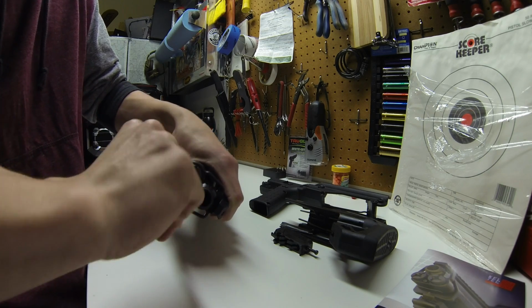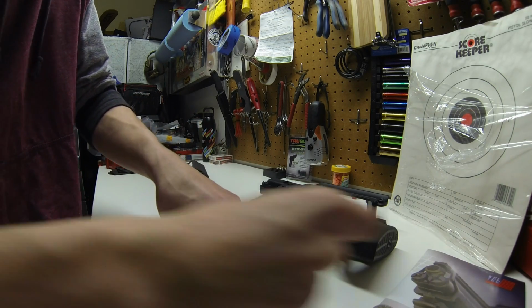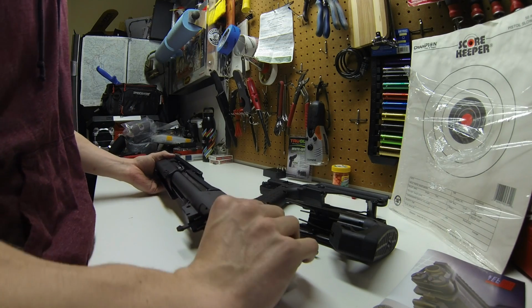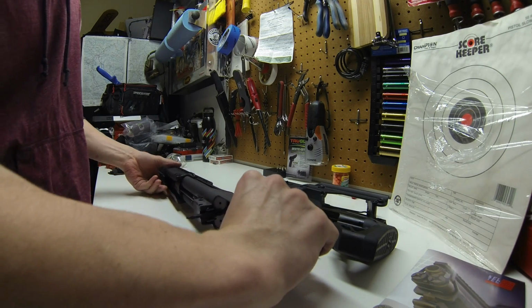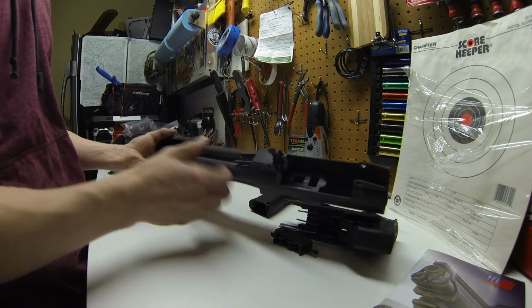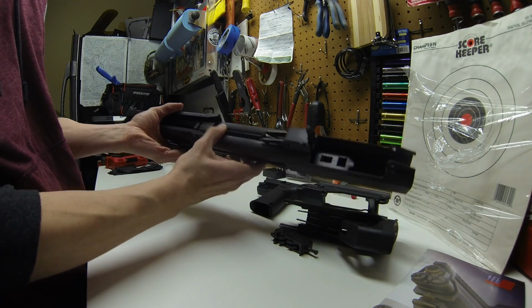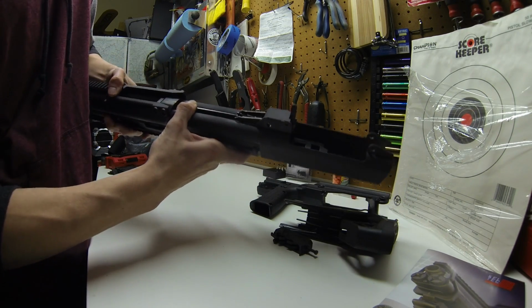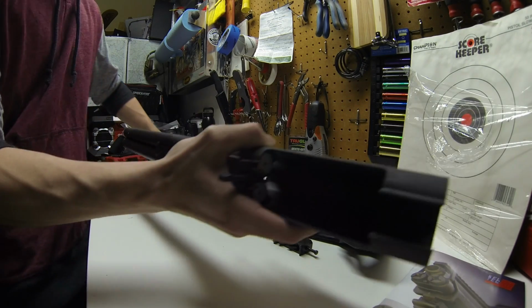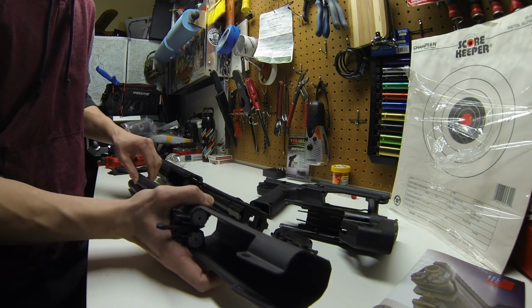That one's good. That one's also good. So now, to actually get these apart, I'm gonna pull your slide all the way forward, and then so then we're gonna press down right here on this to get that to clear behind, slide that off, and then these just simply pull apart and out. So now,